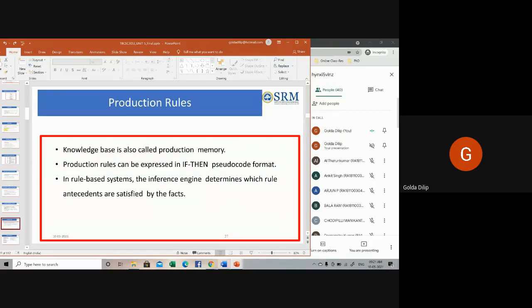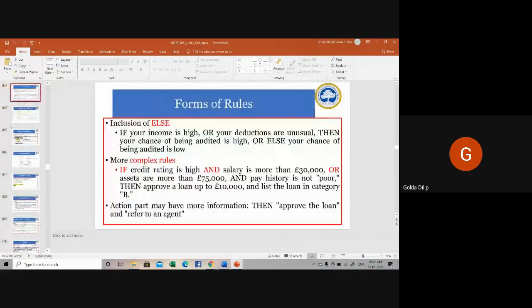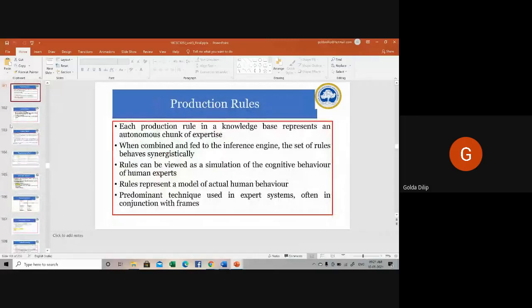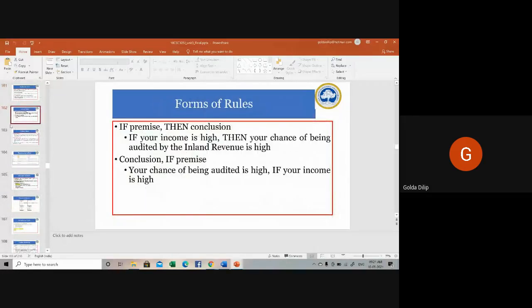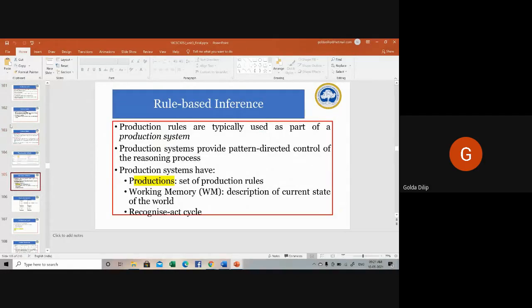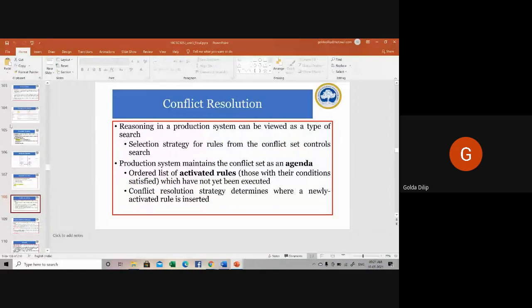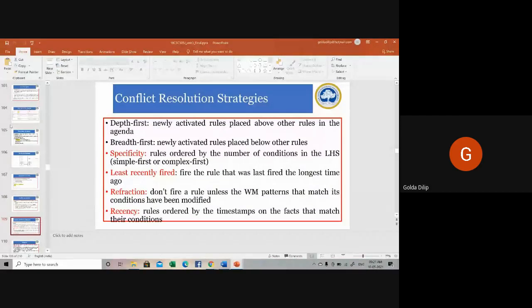Okay, so to the rest of the class who says no, let me open the PPT. That's why I had simultaneously put this out here. This is the third unit PPT. In the third unit, we had discussed production rules: what a production rule is, if-then rules, different types, what an antecedent and a consequent are, what working memory is all about, the production systems, then conflicts arising regarding which rule is to be triggered or fired, wherein we apply some sort of conflict resolution strategies. All these things we had already discussed once in the third unit.